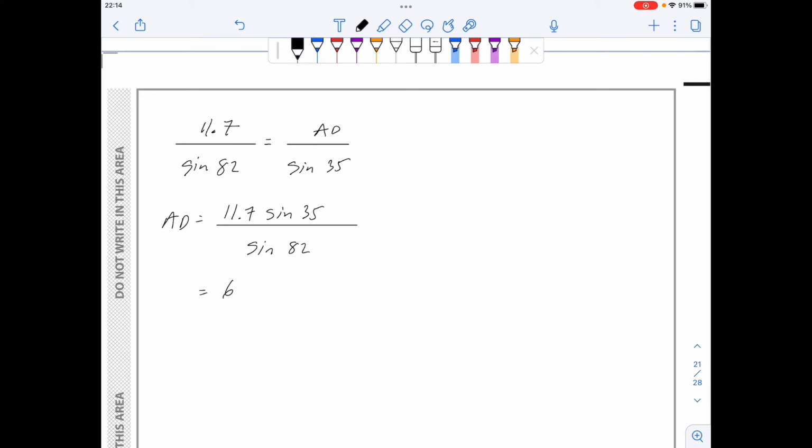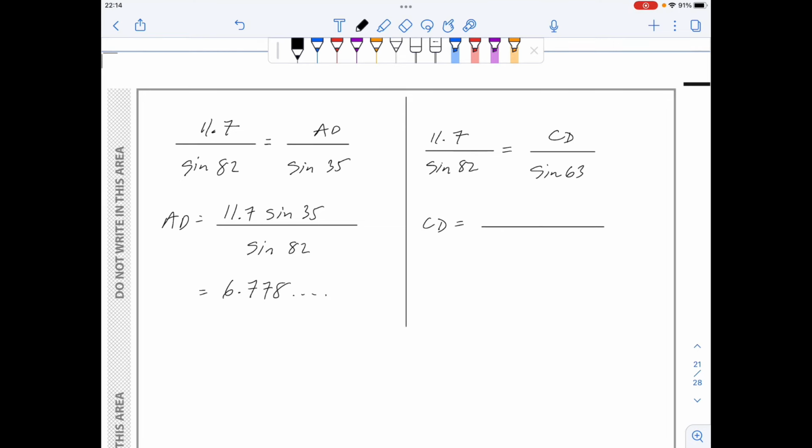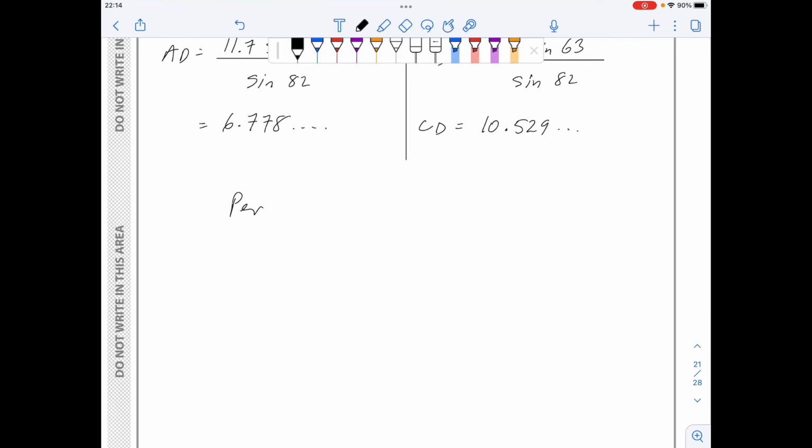This will give me 6.778 and so on. Similarly, I have 11.7 over sine of 82. This time equals CD over sine of 63. So CD is equal to 11.7 sine of 63 over sine of 82. CD comes out to be 10.529 and so on. Hence, the perimeter is equal to